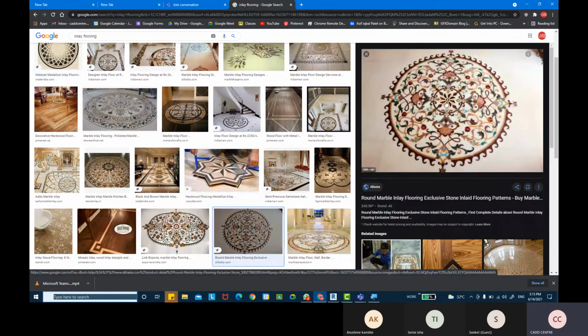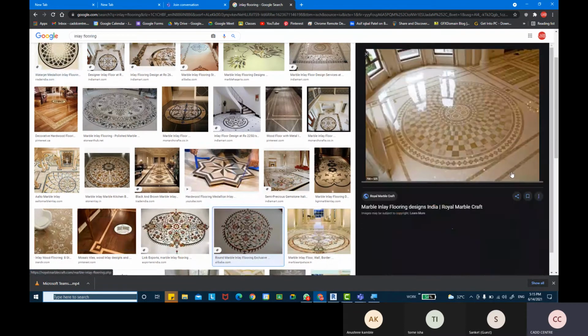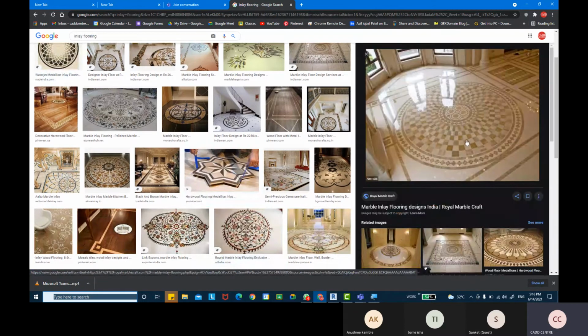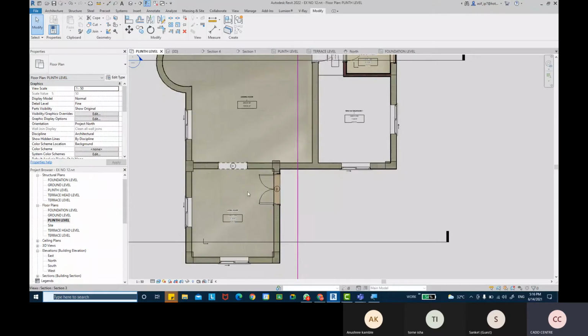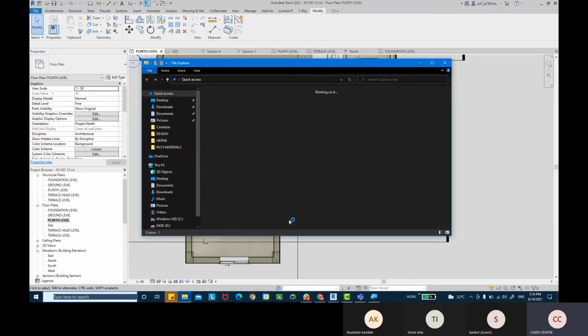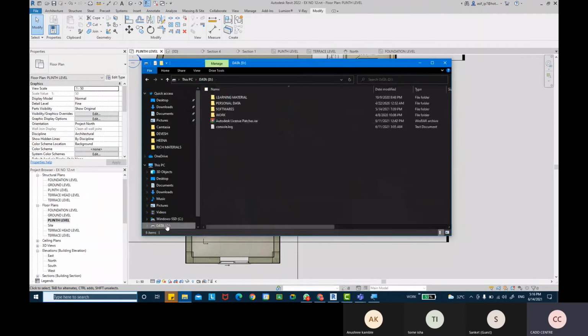And sometimes we want to do this kind of inlay flooring in Revit. Okay, so how do we do that? So first thing, we need to have that inlay texture with us. If I come into data, I have some textures.